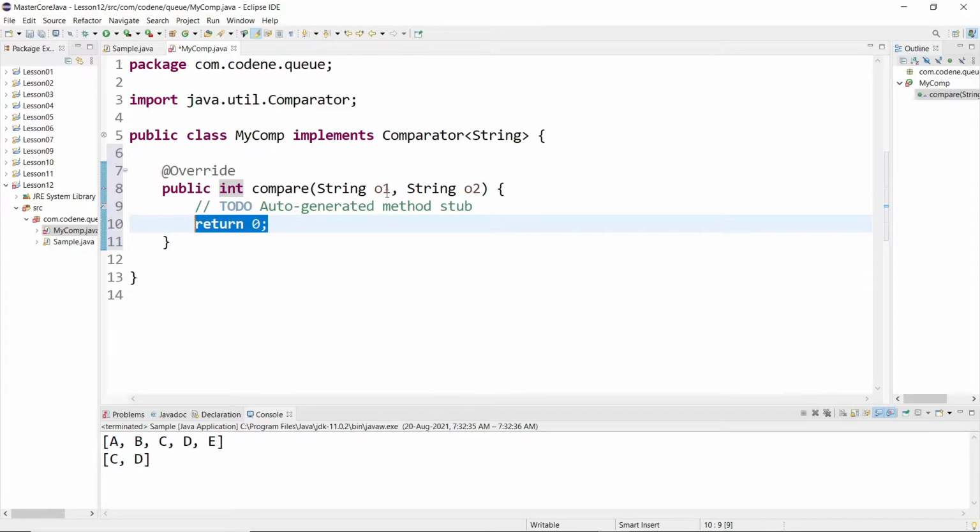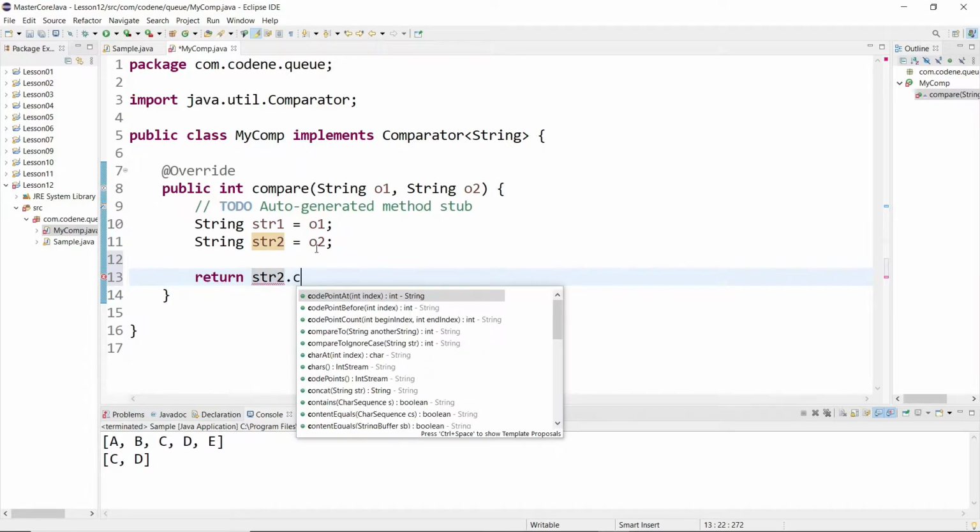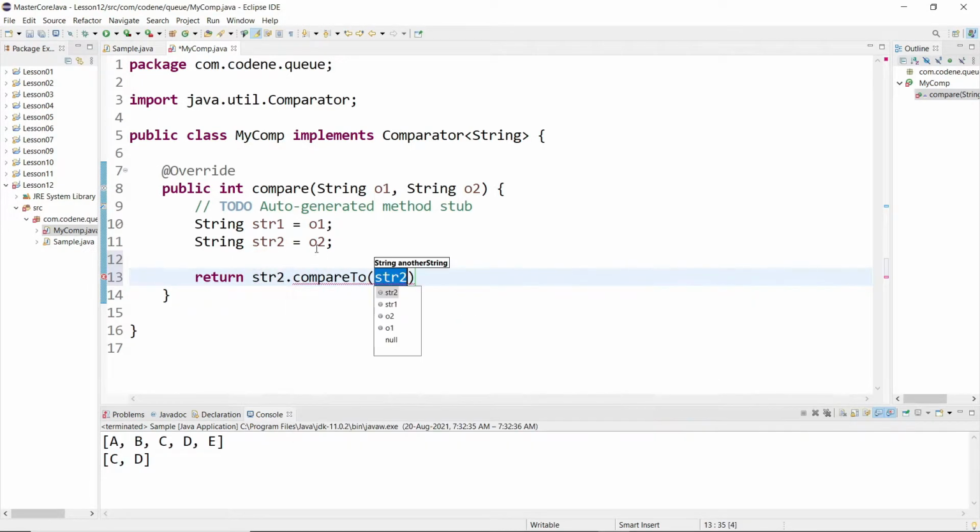Here we are taking two strings, o1 and o2, right? We will say String str1 equals o1, and String str2 equals o2. Then we will say return str2.compareTo(str1). Internally, we were supposed to compare o1 and o2, which means we would see it in ascending order.